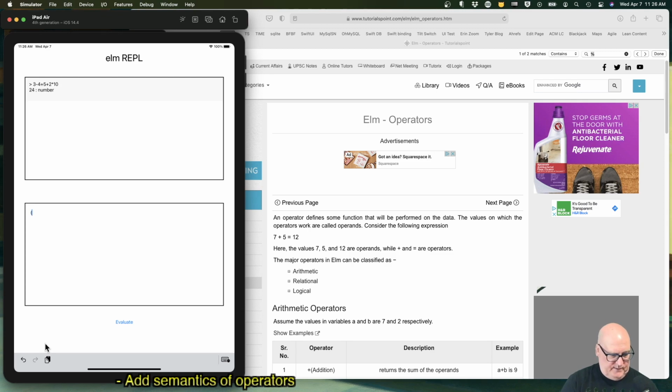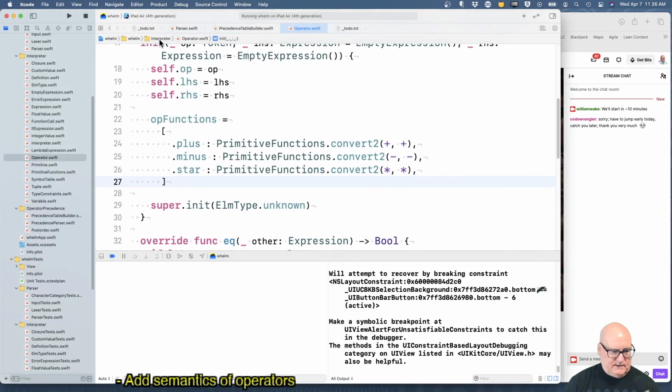Another one is parentheses. I'm not quite sure if this is going to be right. 7 times 5 should be 35. Yeah. We gotta figure out parentheses.